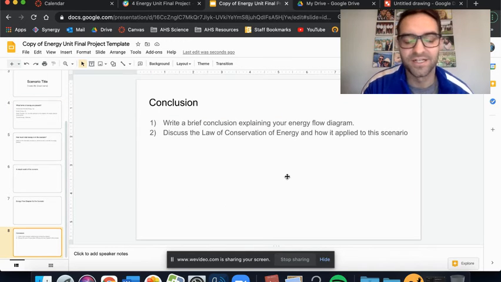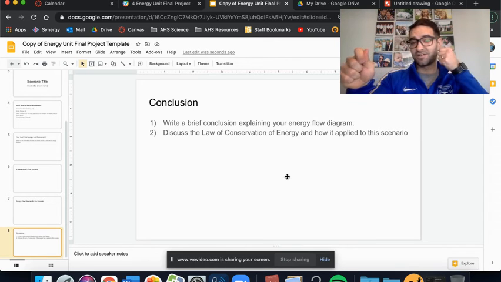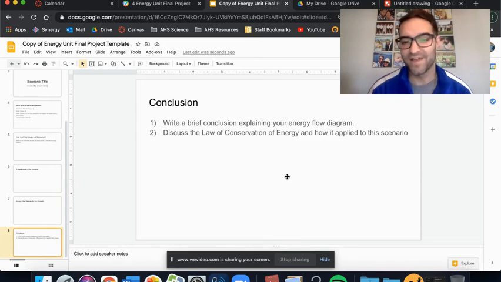Next, here we are, the conclusion. To conclude this project, I want you to explain your energy flow diagram. So why did you model it the way you modeled it? So again, in my slingshot example, at the very beginning, I would say that the elastic potential energy would be the highest, right? When that slingshot is being stretched as far back as possible, that's when the elastic potential energy is greatest. So I would explain that in this scenario, when the slingshot is pulled, that is when there's going to be the most elastic energy, and